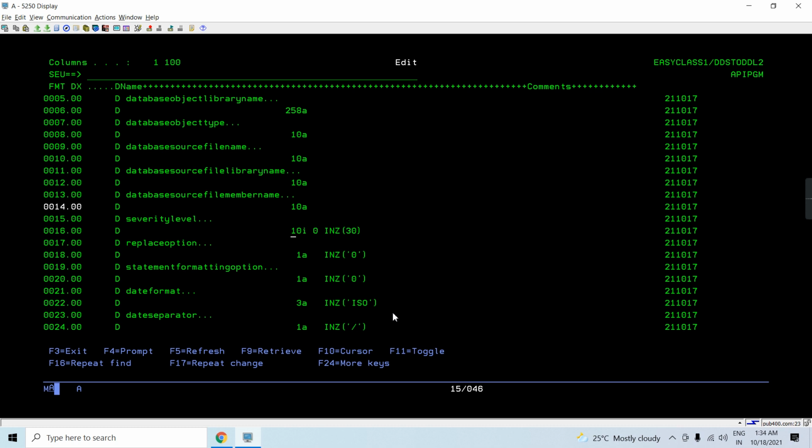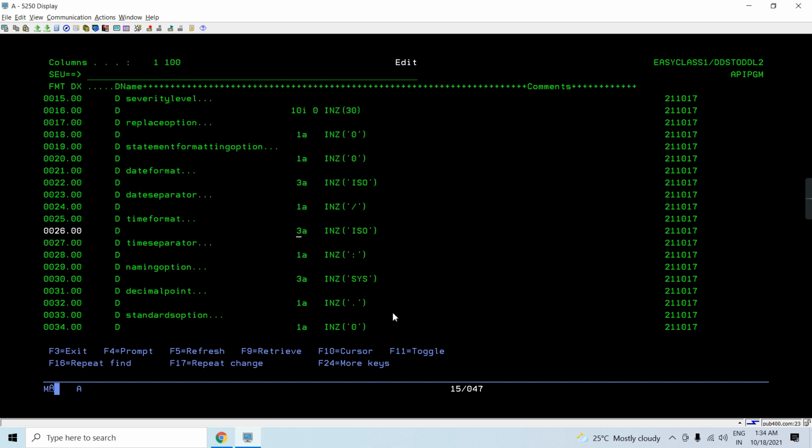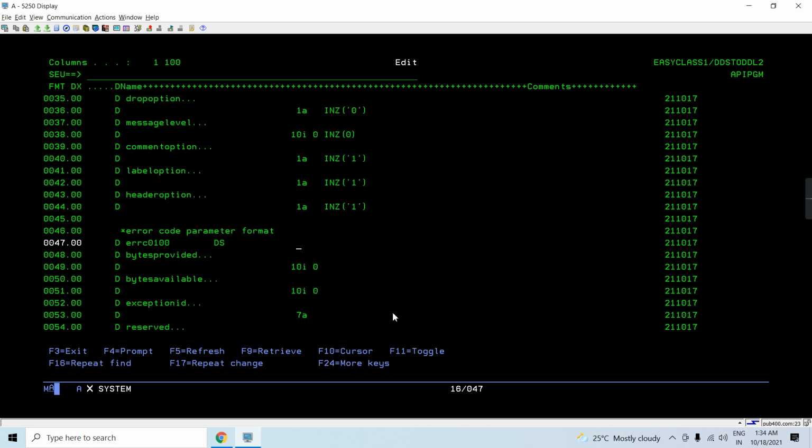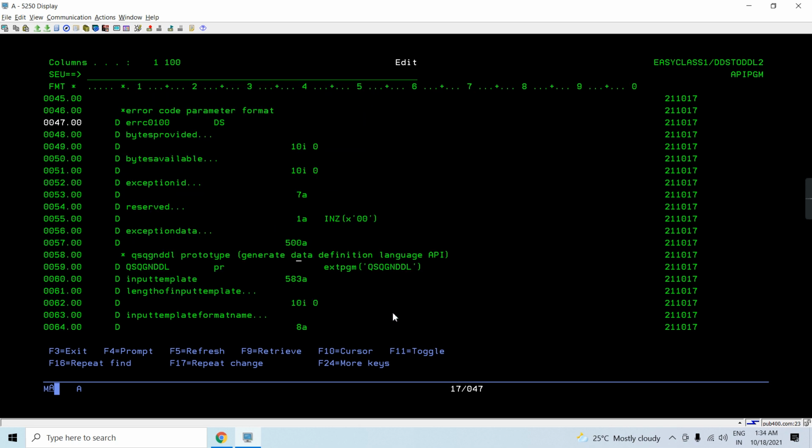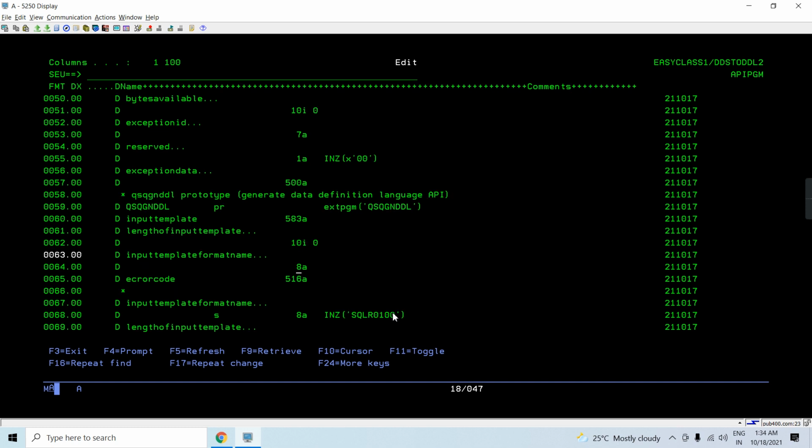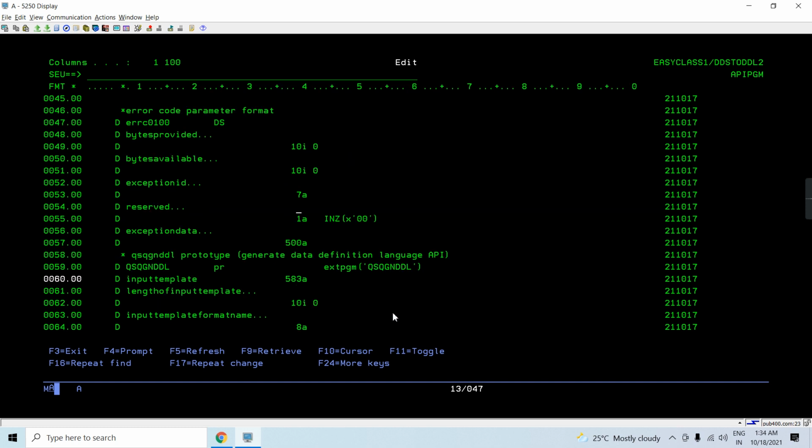So 60, 61, 62, 65, 66, 69, 70, 74, 75, 80, 82, 83. So it's going to be 583 here, and here for DS it's going to be 508 and 12 and 4, again 16, 516.